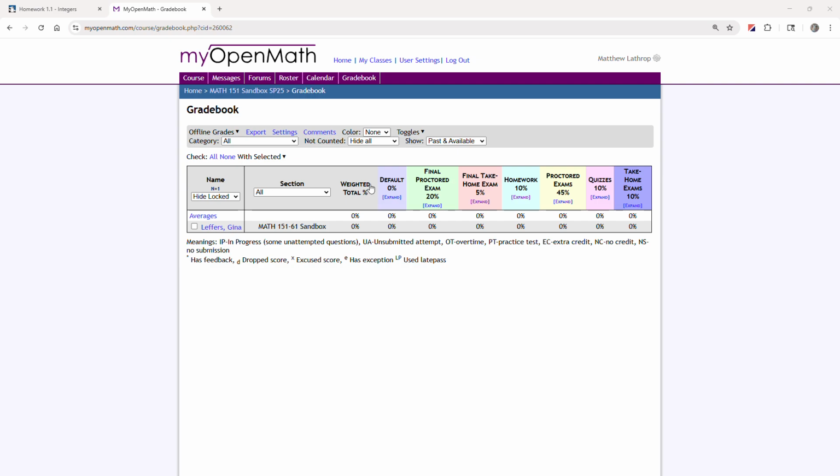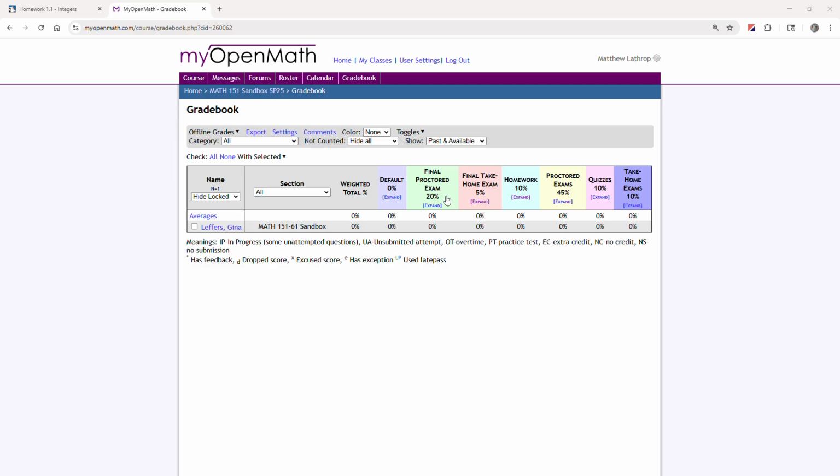If we look at this first row in the gradebook, we can see a weighted total. So this 0% right now, since no one in the class has completed any assignments, will update as students do complete assignments. And if we complete what we're going to walk through in this video, we have a more accurate picture here in MyOpenMath. That we should also see the exactly accurate picture in Canvas, but it's helpful to have that. And also what we have as we continue looking through these rows are different gradebook categories,